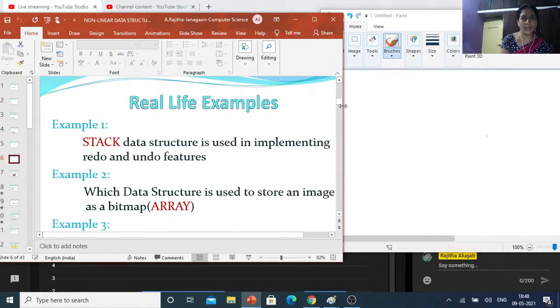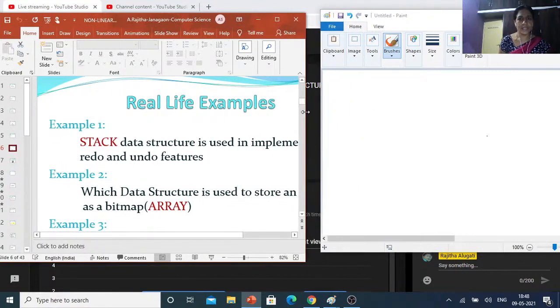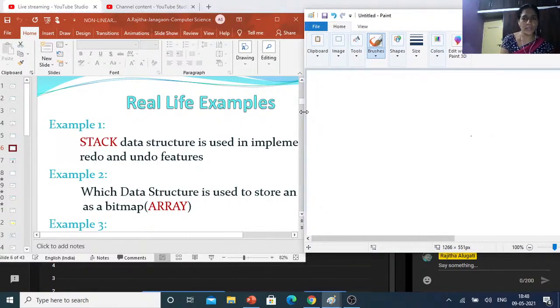So what are undo and redo operations? You know this in Word or PowerPoint or anywhere. Suppose you are typing something.